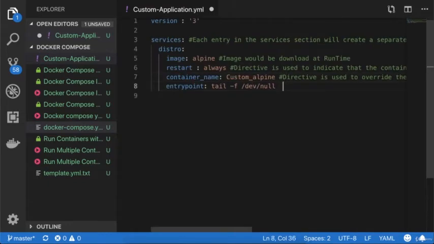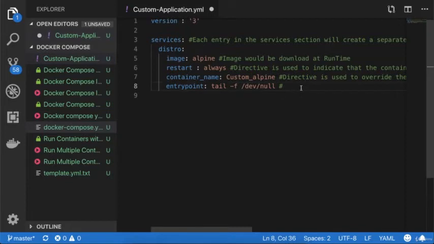Now next is entry point. This is again a new thing which we have not seen in the previous lecture. So first let's understand why we are defining entry point like tail -f /dev/null. We are defining this command due to the functionality of the container. If nothing is running inside the container, then the container will exit itself, right? So we are defining tail -f. This is an ongoing command, so this will not stop and the container will not stop, right?